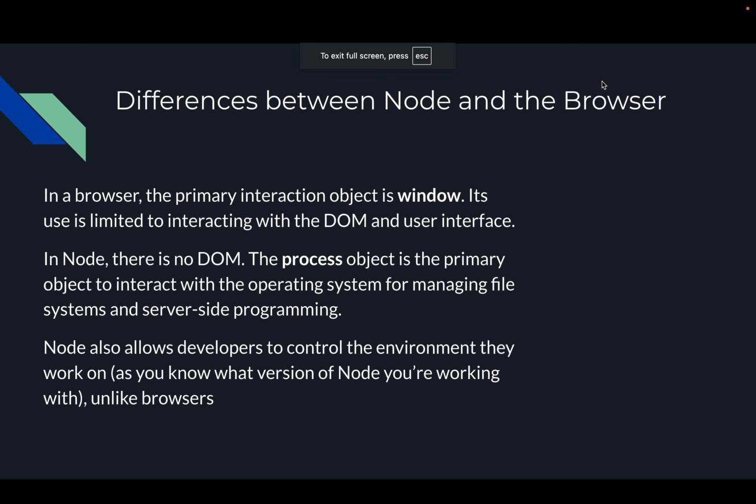So what Node has is the process object, and the process object represents the actual process that's running when you're running a JavaScript file. And a process is essentially a running program. And so